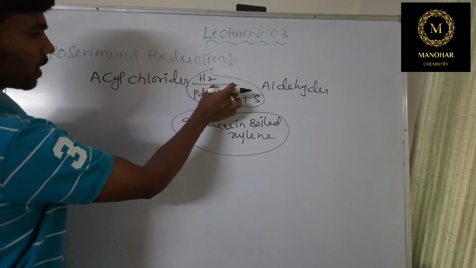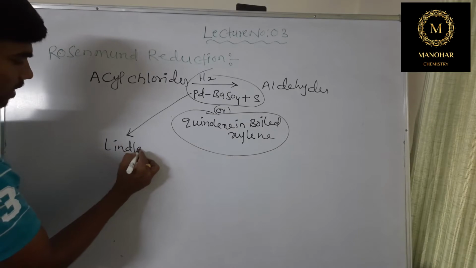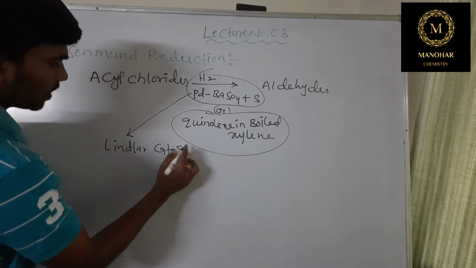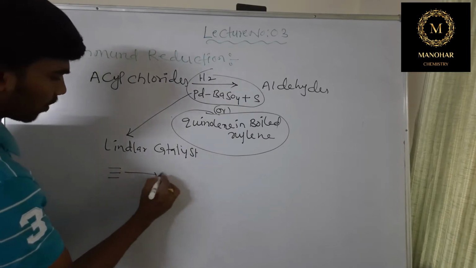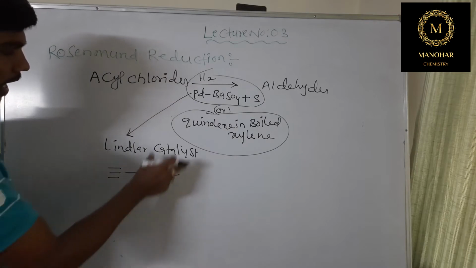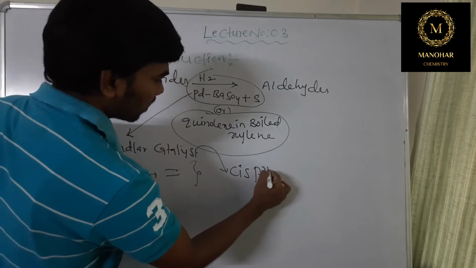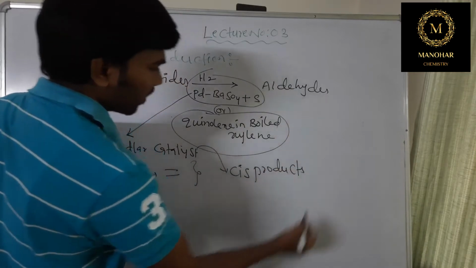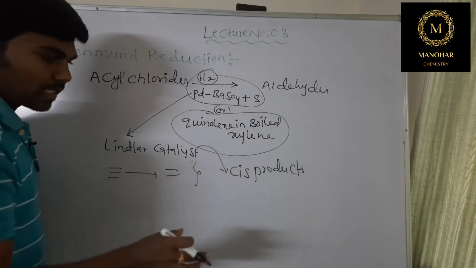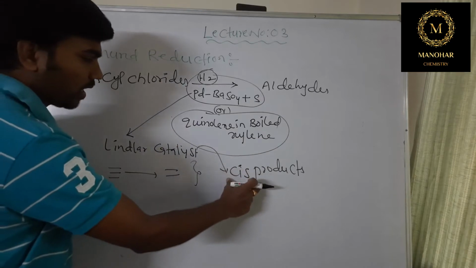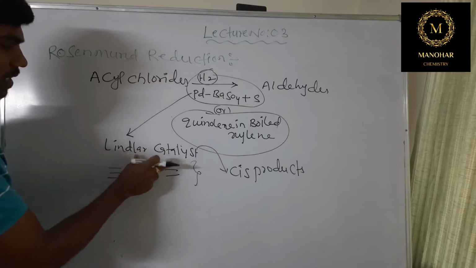So here I want to give some clarity regarding this reagent. The name of this reagent is Lindlar catalyst. So what is the speciality of Lindlar catalyst? Lindlar catalyst will convert triple bond into double bond, and it has some special character. It always gives cis products. Why it always gives cis products: whatever hydrogen it is supplying, those hydrogens are always connected from the same direction. So because of that you are always going to get cis product with the help of this Lindlar catalyst. This is the speciality of Lindlar's reagent.